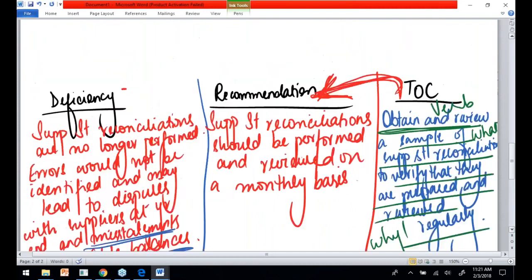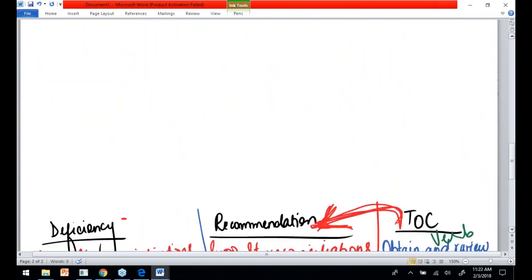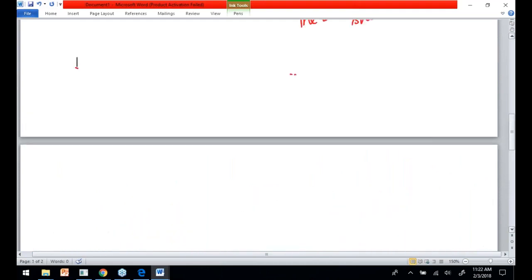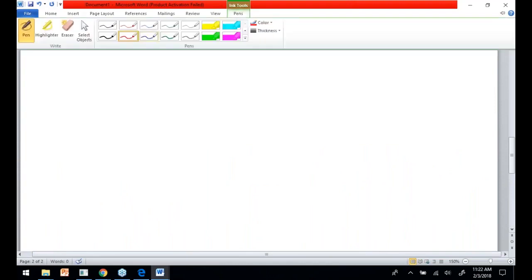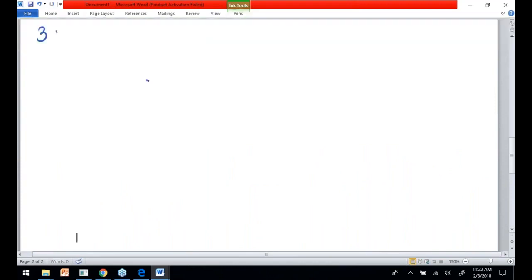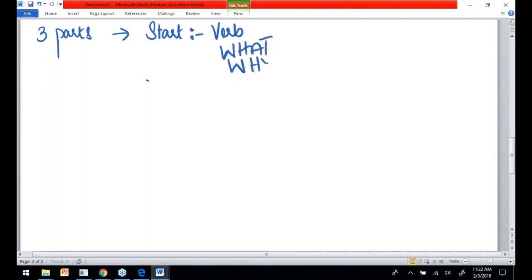All right. So how do you write a substantive procedure in your exam? Exactly the way you wrote a TOC. Remember, a substantive procedure will always have 3 parts. A substantive procedure should start with a verb. It should tell you what you're checking. It should tell you why you're checking it. Start with a verb and action. In what you must mention